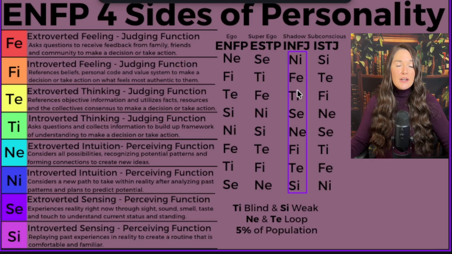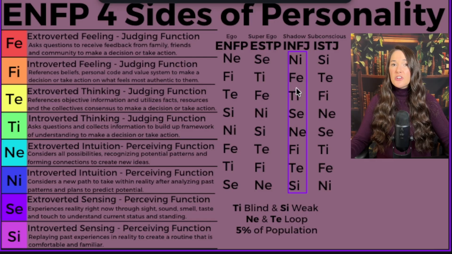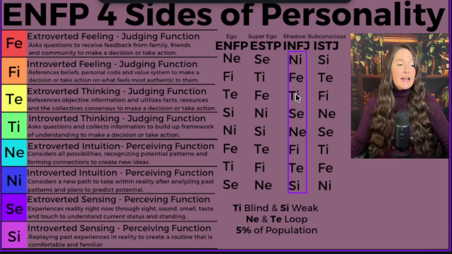But while you're in your shadow state, you're going to take things a little bit slower. You're going to kind of hold yourself away. You're going to decline social events. You're going to be slower to respond to people's texts because you're focused on your Ni, what you actually want to accomplish in this world.